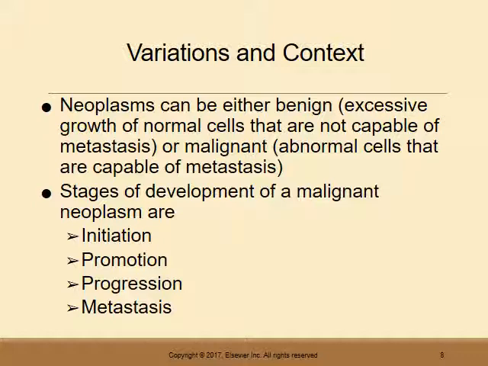Okay. The next stage is going to be that promotion. And the promoters in the case of cancer, a couple of them would be insulin and estrogen. Those are two body proteins that can promote cancer. The progression is exactly that. The progression just continues to make more malignancy over time.